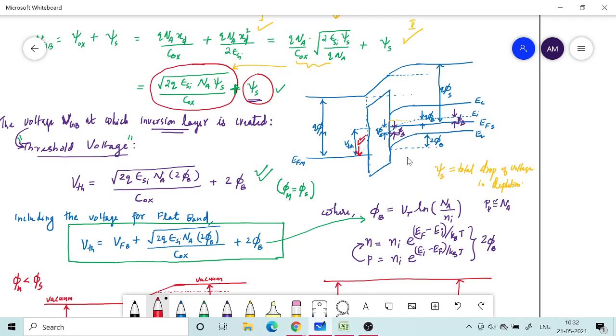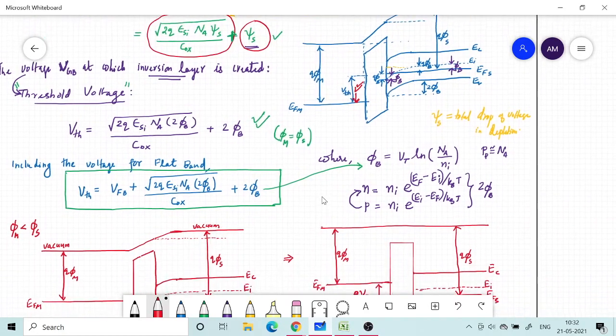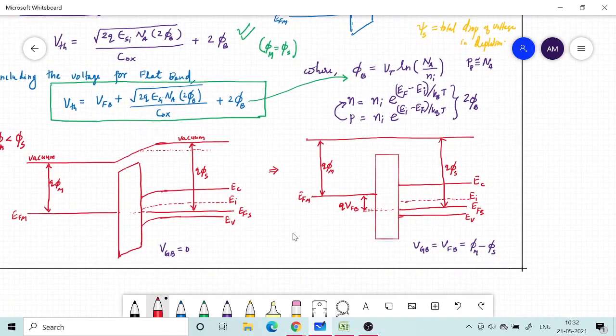Okay, so similarly, if I apply a negative voltage, the Fermi level on the metal side is going to shift upward. Okay, so it is going to go upward like this. This was our original, and it has gone upward by an amount equal to the voltage. In this case that voltage is negative, but if phi m is larger than phi s, it is going to be positive. So it all depends upon what material we choose, whether it is negative or positive, but we will call that voltage the flat band voltage.